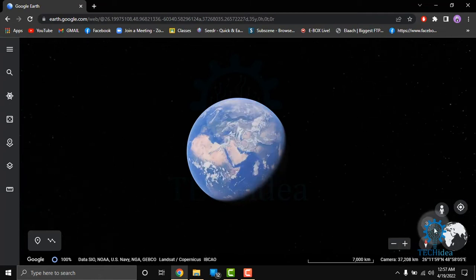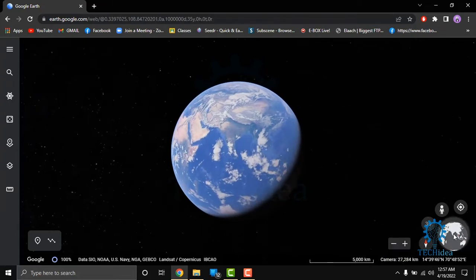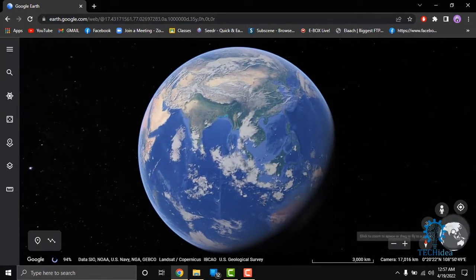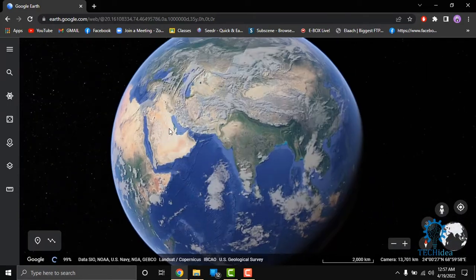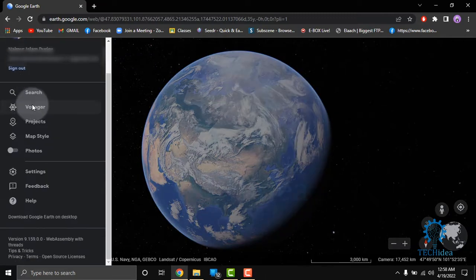You can reset the navigation from here. You can also zoom in and zoom out from here. If you click on the globe on the right side, then it will move. Also the screen will. On the left side of the menu button, you can search Voyager, projects, map style, photos, settings,